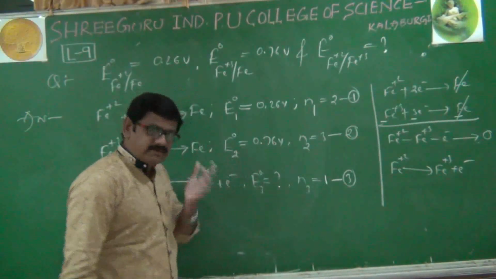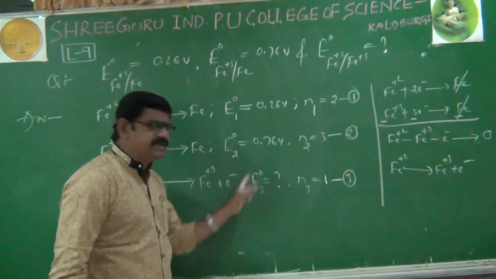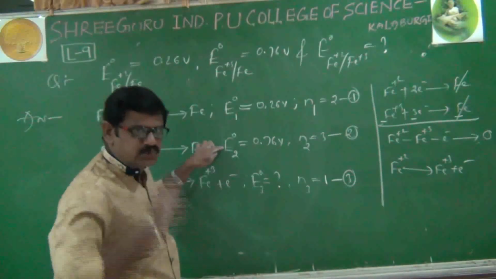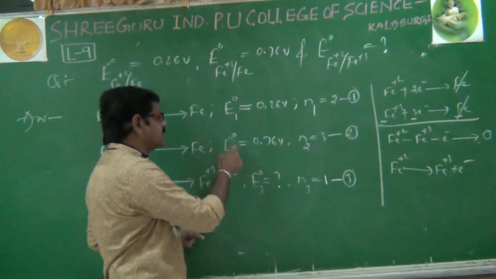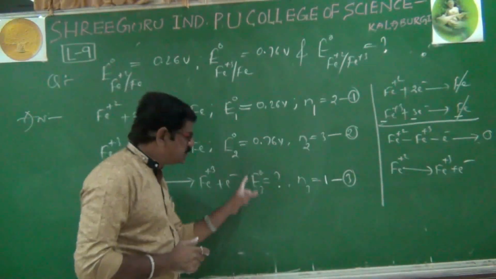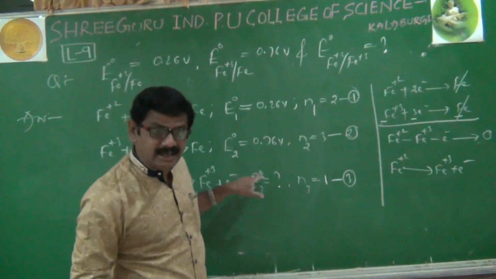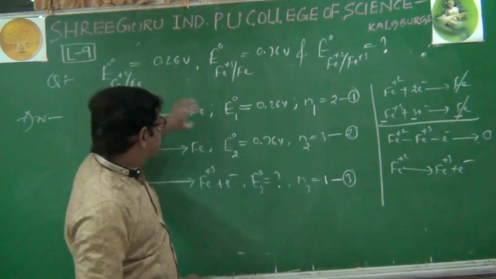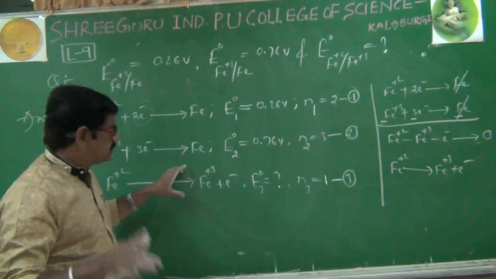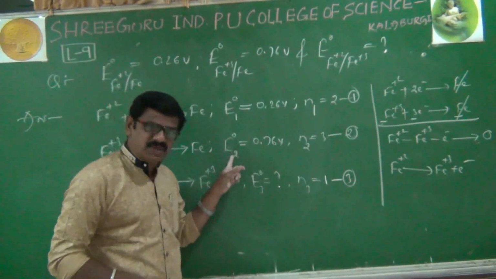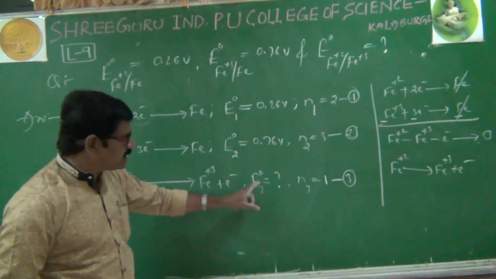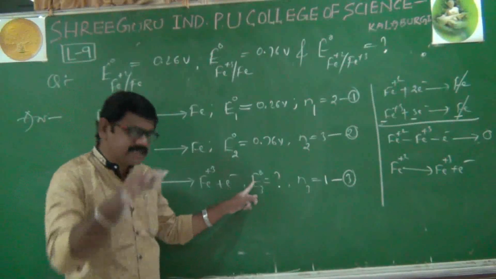Then generally we will think that to get the E0 3 value, E0 1 minus E0 2 should be done. I'll repeat: E0 1 minus E0 2, this value minus this value, whatever value you get, that is not the E0 3 value. Once again, equation 1 minus equation 2 gives us equation 3, there is no doubt in that. But E1 naught minus E2 naught is not equal to E3 naught. Why is it not equal to E3 naught, or when is it equal to E3 naught?